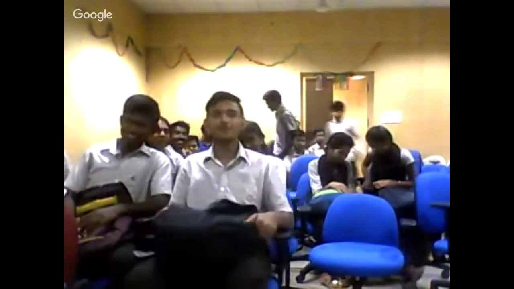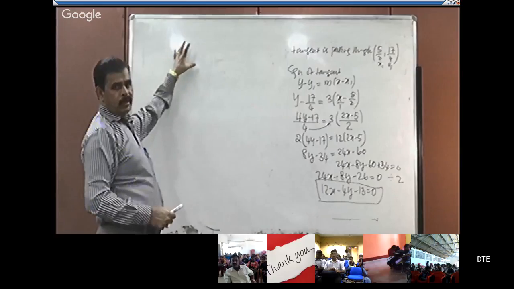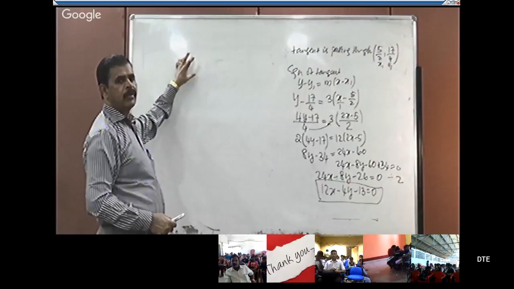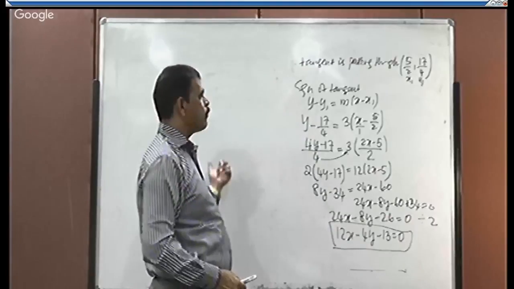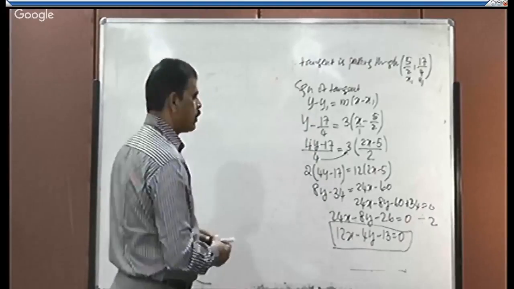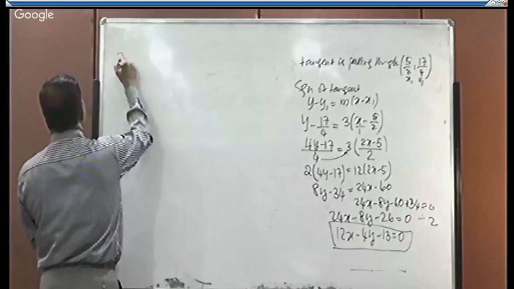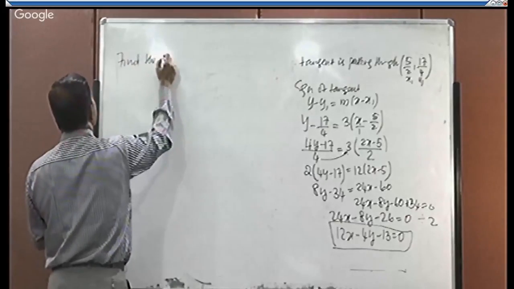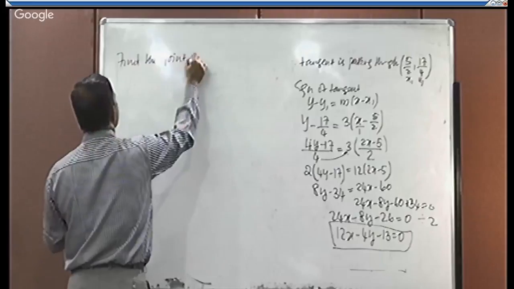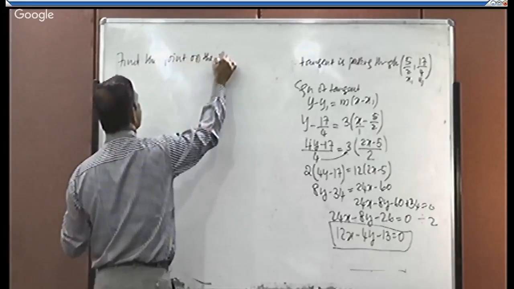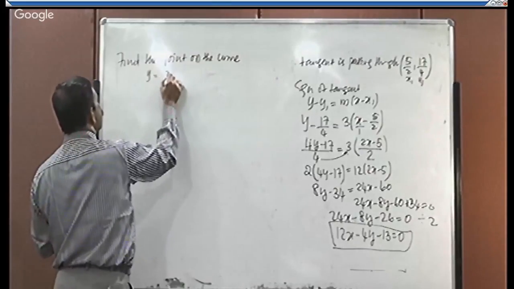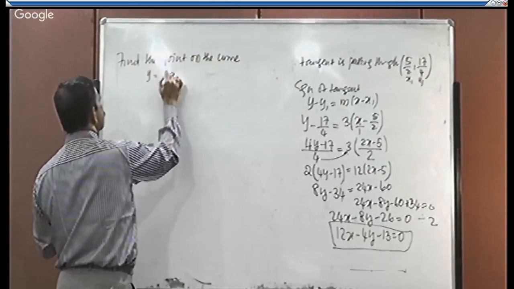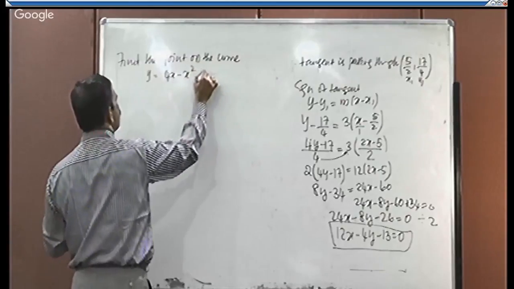Sometimes the question will be in reverse order. They will give you the curve and the condition with which we need to find out the point. So how do we find out? The same way we have to find the point. The question will be like this: find the point on the curve y is equal to 4x minus x square at which